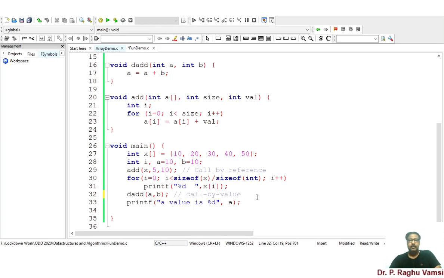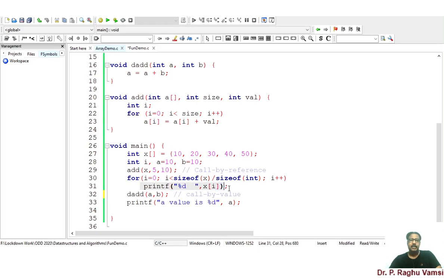Whereas there exists another mechanism, like what we have just seen, add of x comma 5 comma 10, in which every element in the array was added with the value that we supplied. Whenever the function is completed, after the function call, the for loop prints the elements in the array.